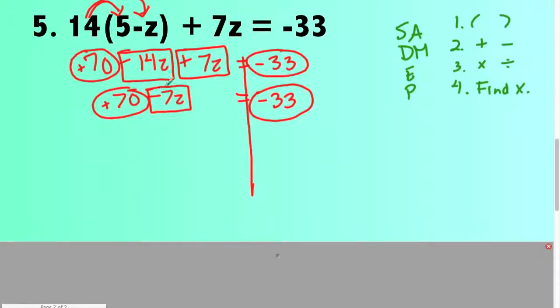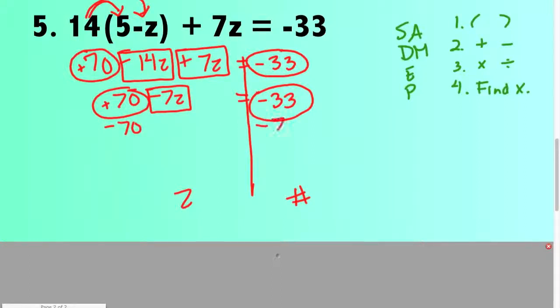This side already has a variable on it, so let's make this our z side and this our number side, because there's no point of adding 7z over here and then having to move our 33. We might as well just move this 70 over, and then we're already down to this step with division and multiplication. All right, so we're going to get rid of our 70 first